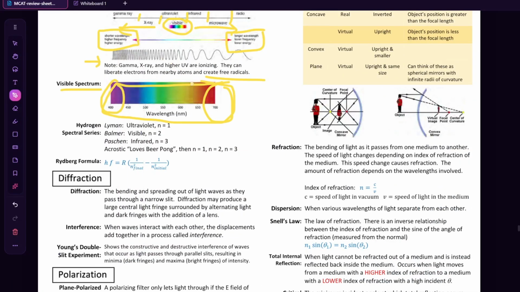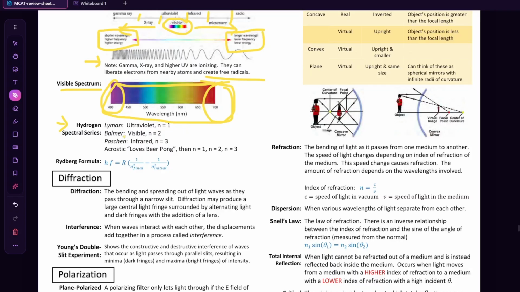That's important to remember. And then you have the hydrogen spectral series, which is over here. For the hydrogen spectral series, it's basically when hydrogen atoms absorb or emit light. That light comes out in specific discrete series, which are each tied to which energy level the electron is